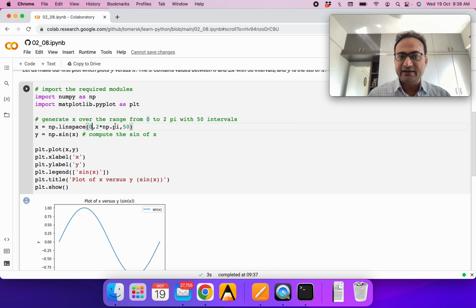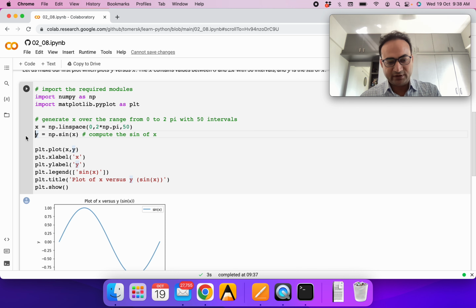In NumPy, pi is already defined, so we don't have to remember it's 3.14 and how many decimal places there are. We can simply call it np.pi, or whatever way you have imported your NumPy library. If you simply import numpy, then you'll have to call it numpy.pi. So 0 to 2 pi and 50 values.